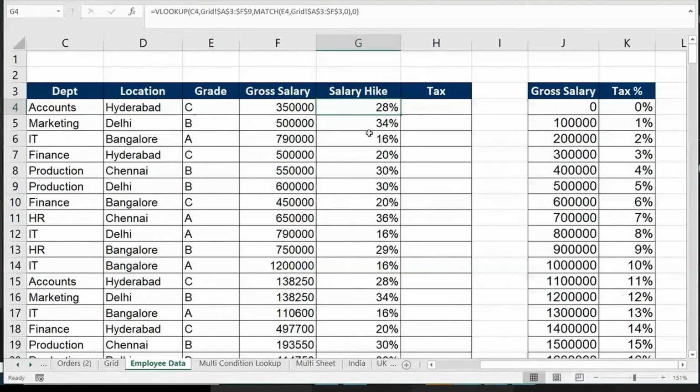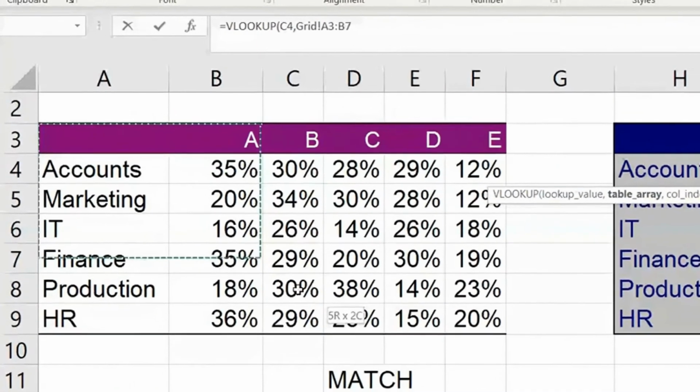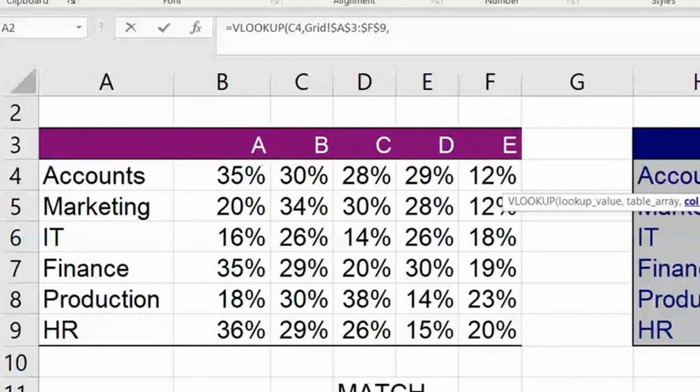Okay, now first thing, let me just show you once more the same stuff. Equals VLOOKUP I did. I'll combine all the formulas together now. We first looked up the department, comma. Then we took the table. Where is my table? Grid sheet. Took this table, correct? This is my normal VLOOKUP and we froze it with F4, comma. Then we did not know the column number, so we use the match function.